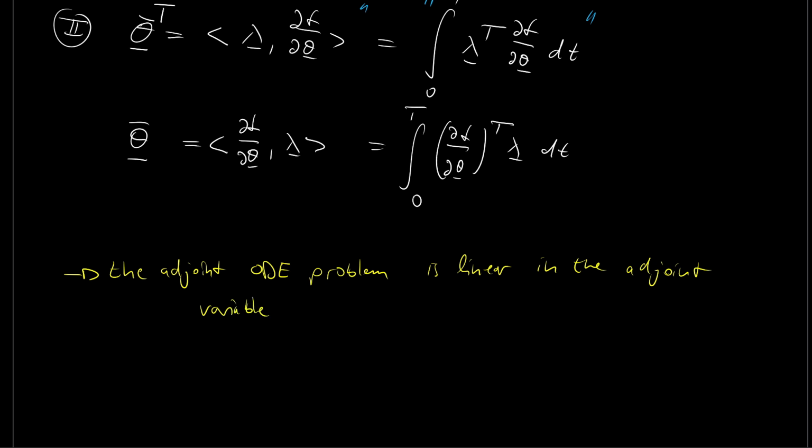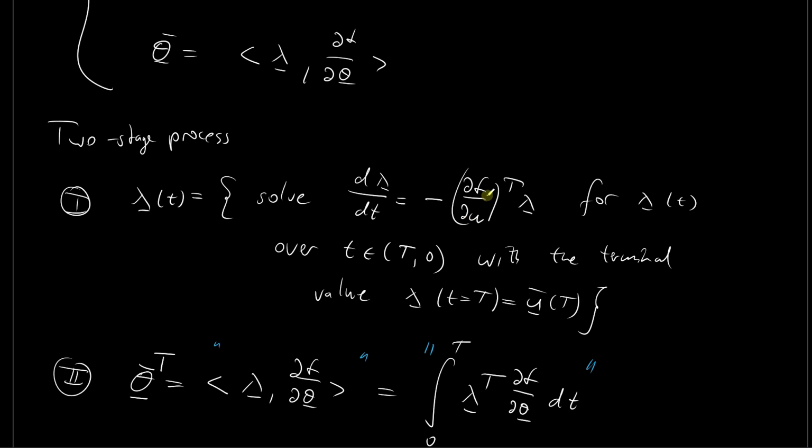And that is nice, because our primal problem could have been nonlinear, and if you had a neural ODE, your forward problem is nonlinear ODE integration by design. Then you see here that your adjoint problem will be linear. I mean, the Jacobian matrix still has to be evaluated at the primal solution trajectory, so it will probably also change over time, which most likely will make the integration not as easy, but